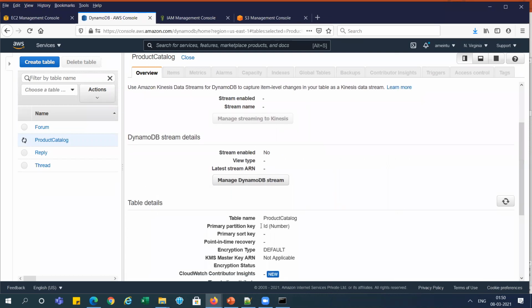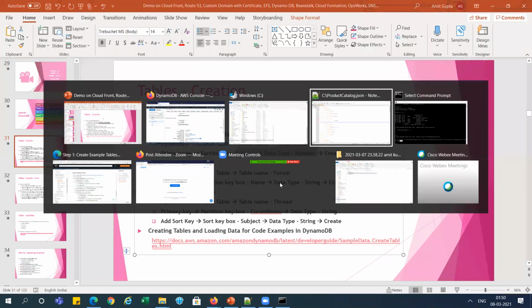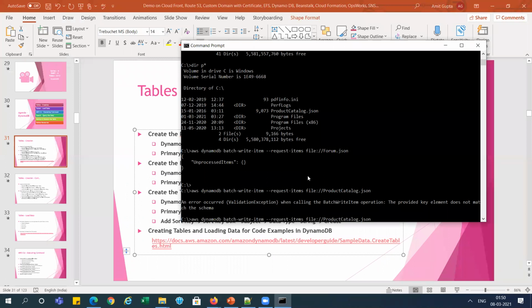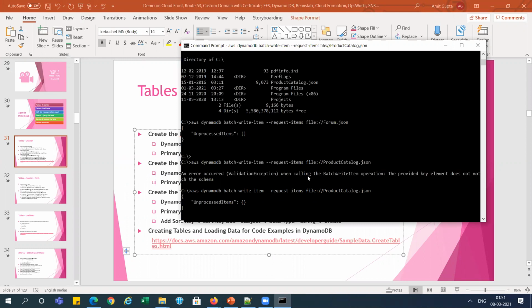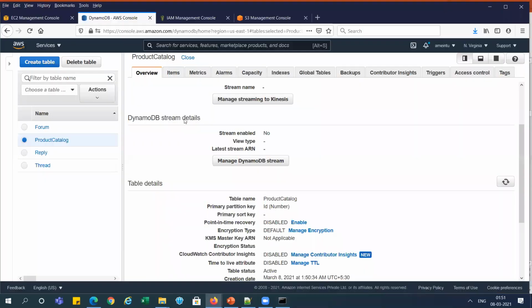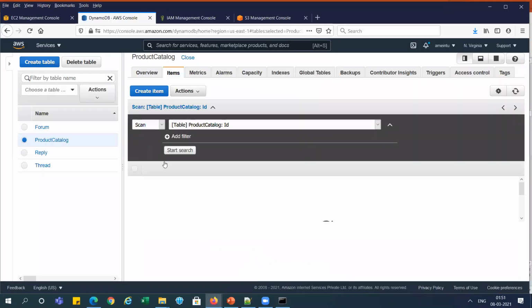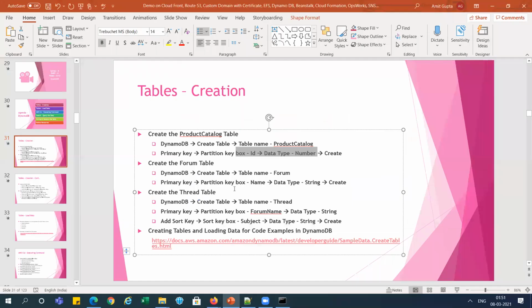Now you can see it is showing the correct ID number, right? It is created. Now we need to run this command again. You can see this is processed, right? Now you can go and check the items. We will get the data over here. You can see lots of data, we got it here, right? Now we need to do the same for all.